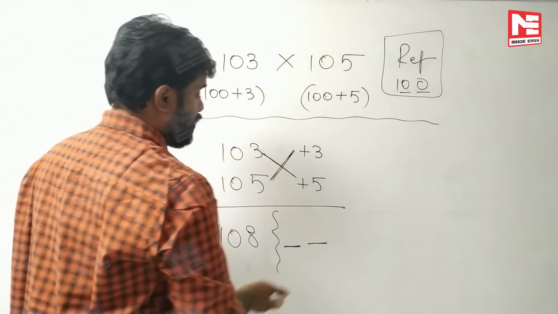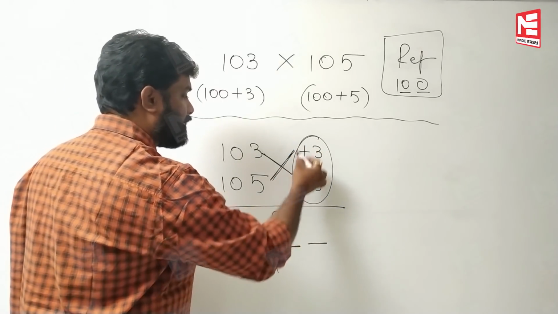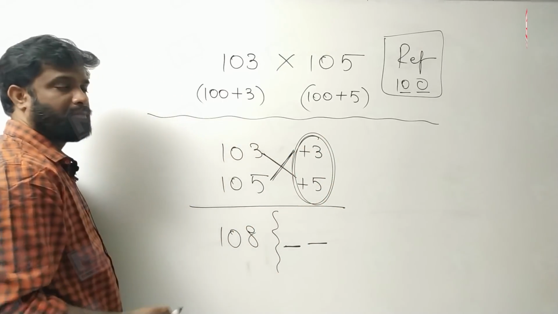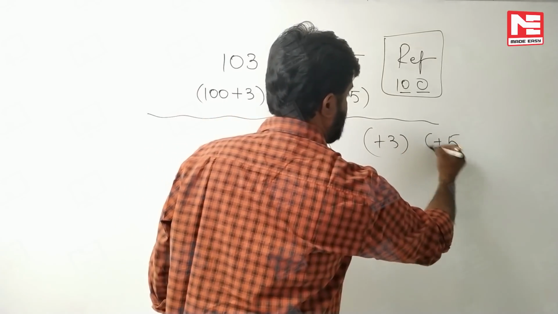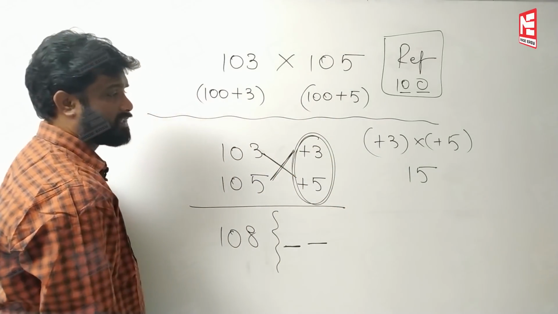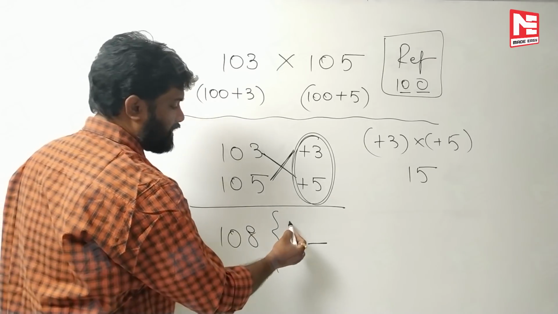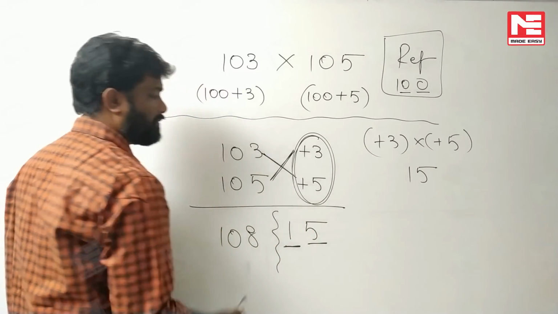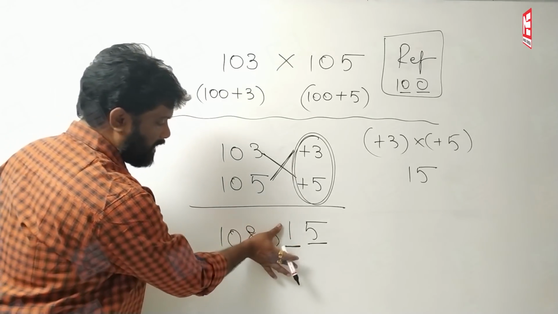Okay? So now my dear friends, what do you have to write there? The product of these two numbers. What is plus 3 into plus 5? Plus 3 into plus 5 is 15. There is no need to write any zeros here because we got 15. So 15 I am writing here. Plus 3 into plus 5 gives me 15. Now your answer is